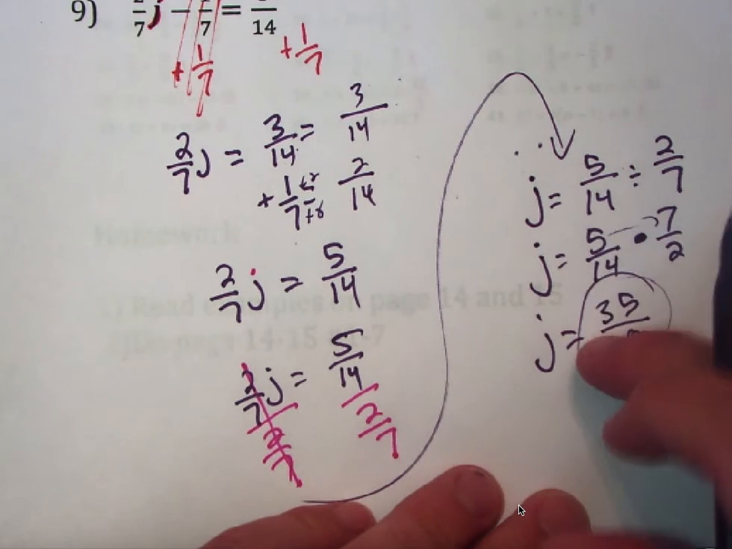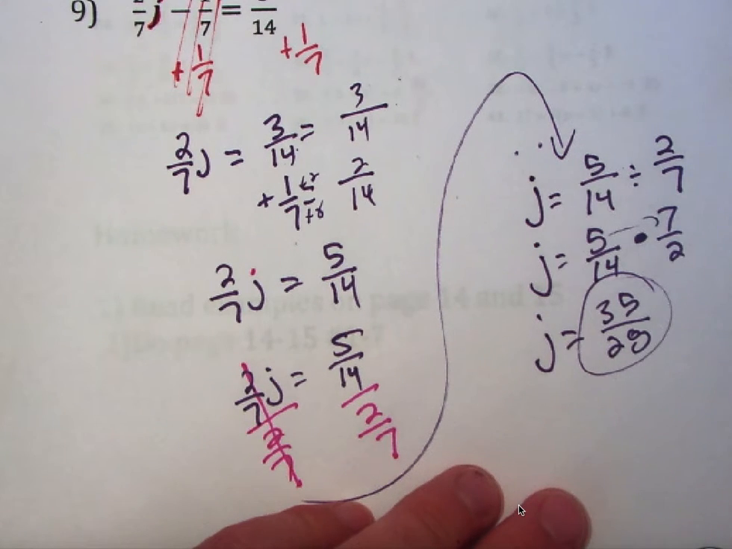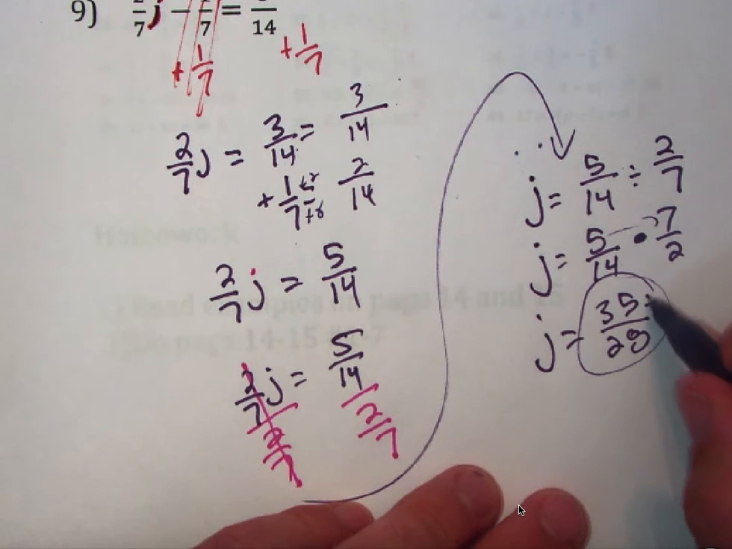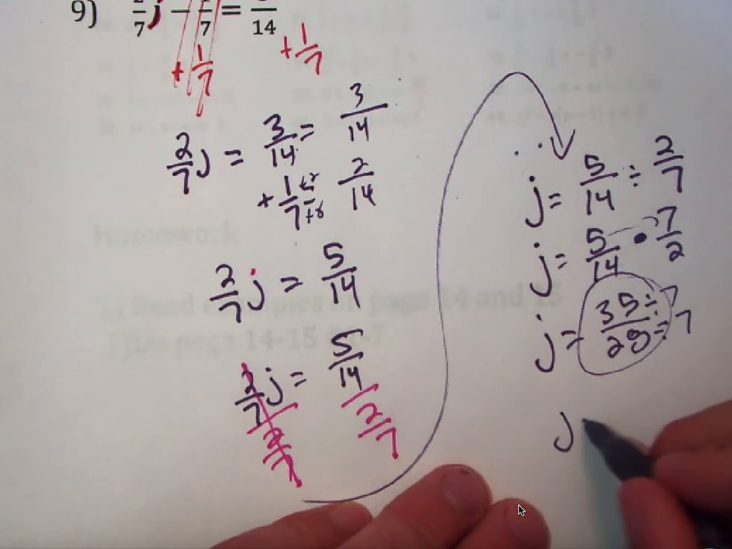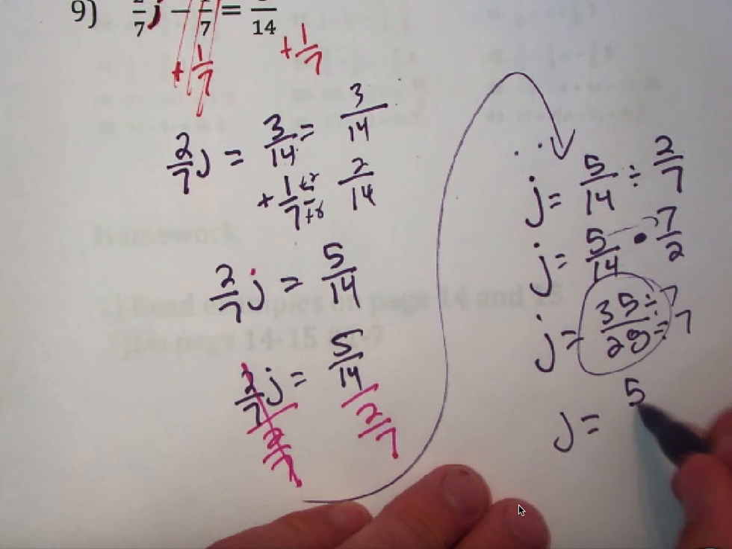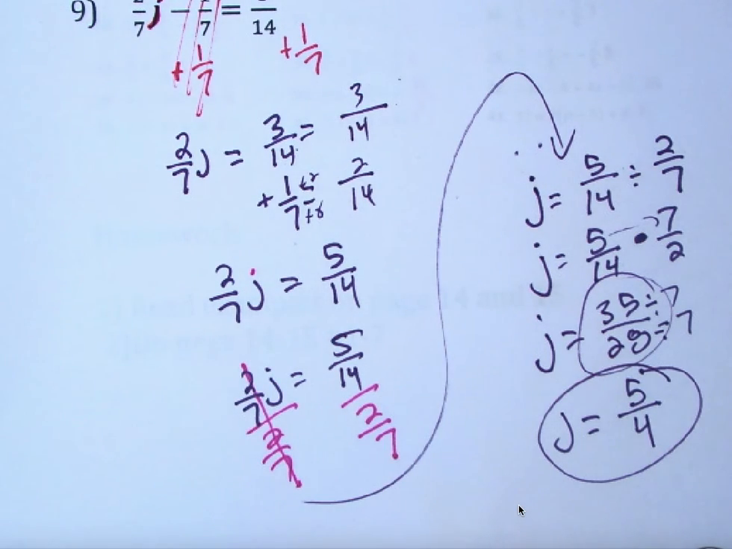A lot of steps, but just because we have to deal with the fractions, it adds a little bit more, but it's still all the same work to solve the equation. I can simplify this fraction just a little bit. Both of these can be divided by 7. So 35 divided by 7 is 5. 28 divided by 7 is 4. Boom, 5/4. Okay, any questions about